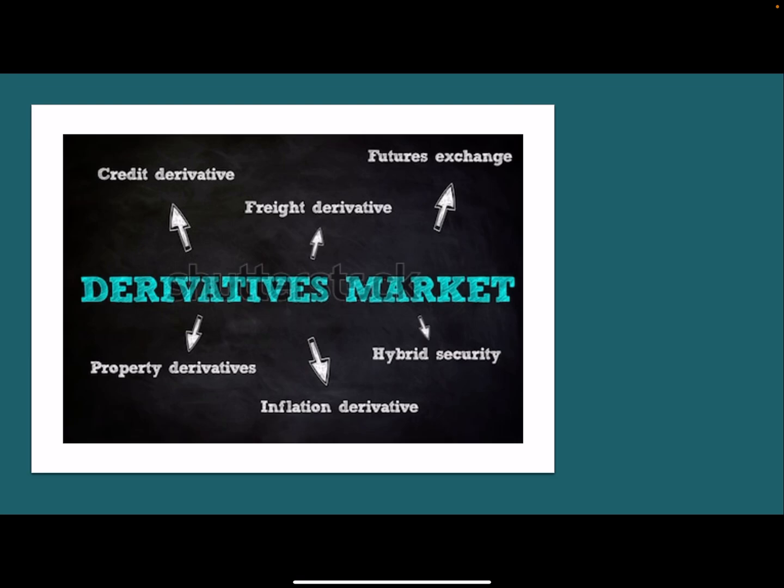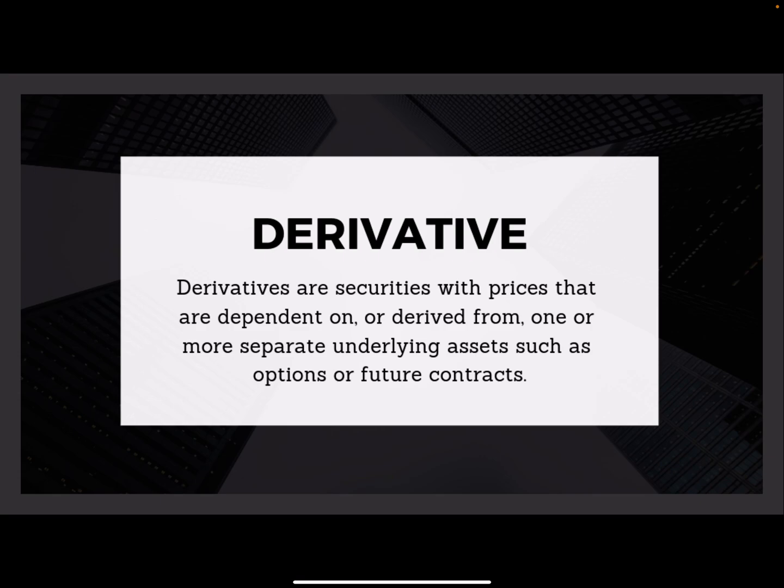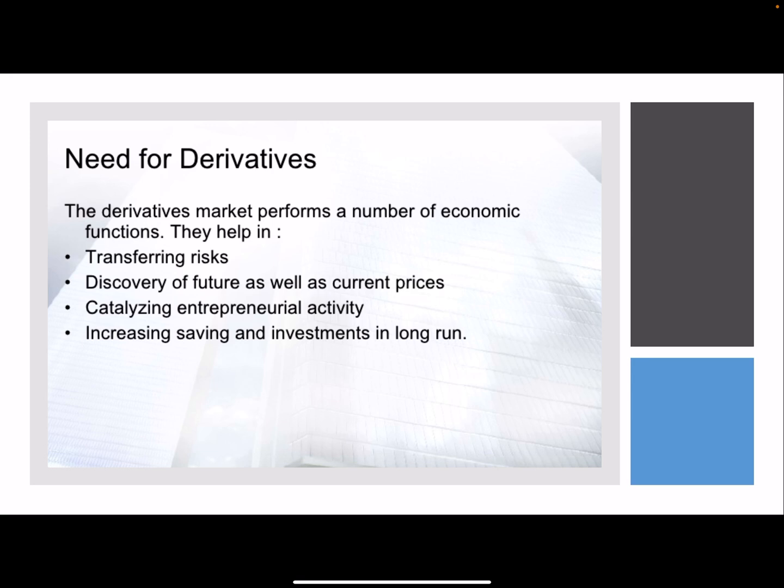In the derivatives market, you have credit, freight, futures, hybrid, inflation, and property. Just another definition of the derivative, a little more. Derivatives are securities with prices that are dependent on or derived from one or more separate underlying assets, such as options or future contracts. The need for derivatives, like I mentioned earlier in the video, is that